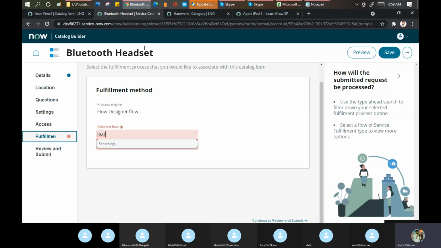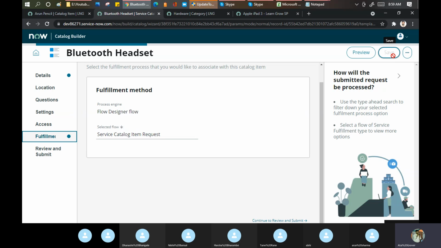But in this thing, maintain item, we have three options: execution plan, workflow, or the flow designer. So here I don't have any flow designer, so let me put any existing one just to show you the things. This one. And now I can submit it. Save it.